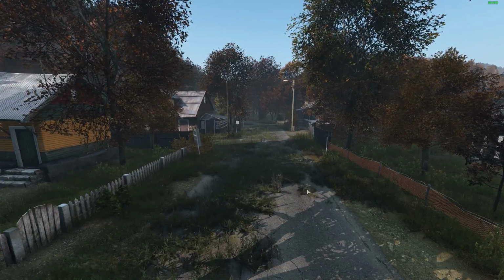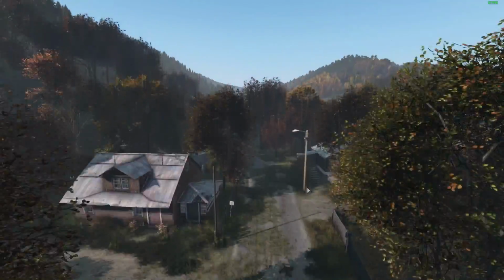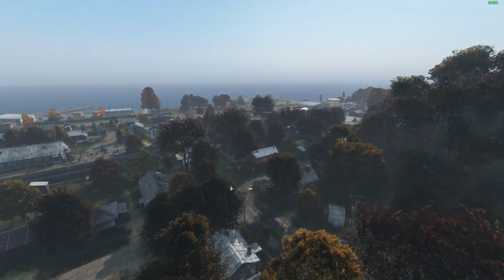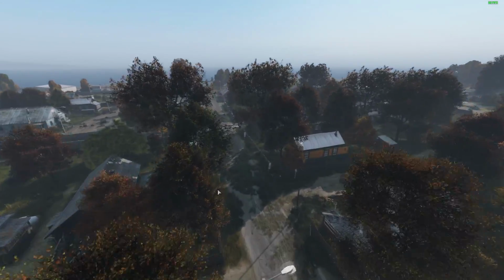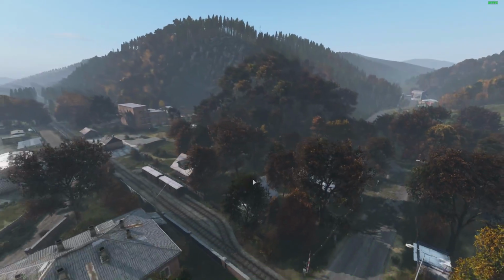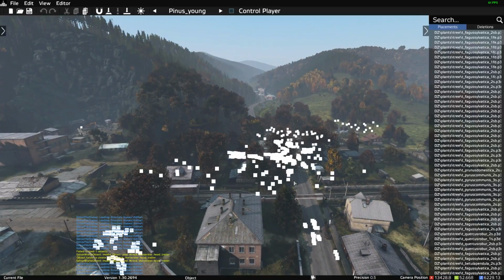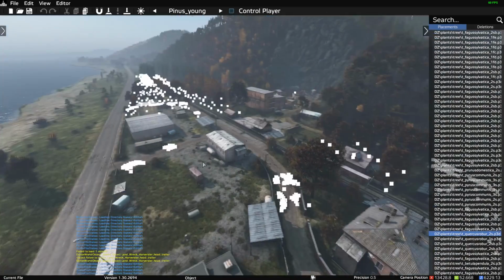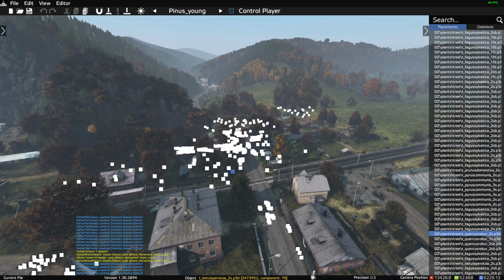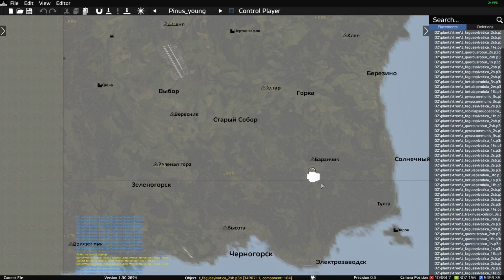So again, you're going to have to make a decision, aren't you? Which areas of the map do you want your players to experience in a more overgrown version of Chernarus that is a couple of years down the line from the initial outbreak? And I think probably this one, it's not too big, so I think this file is definitely one you should be looking at. The Staroye file,